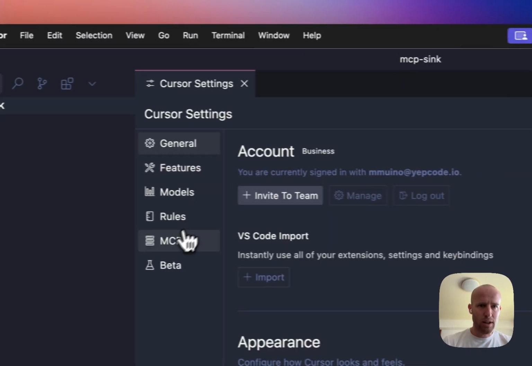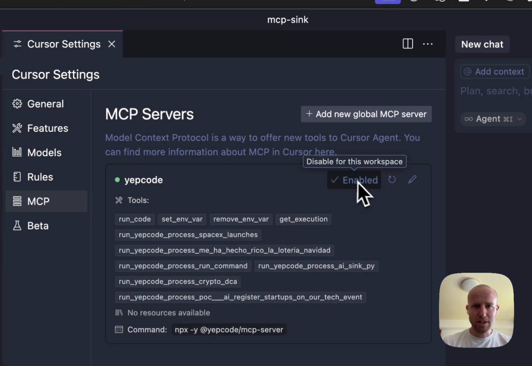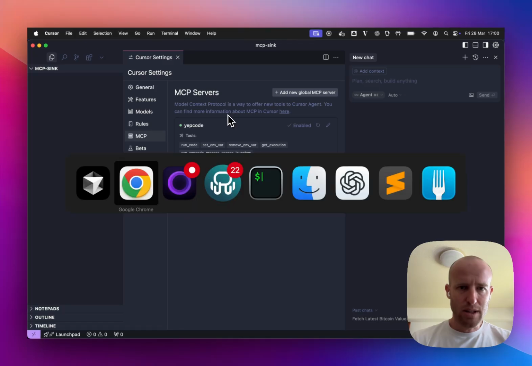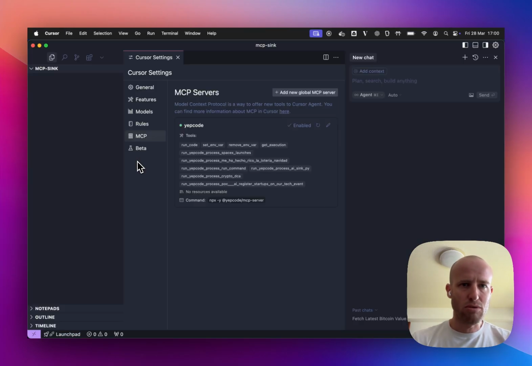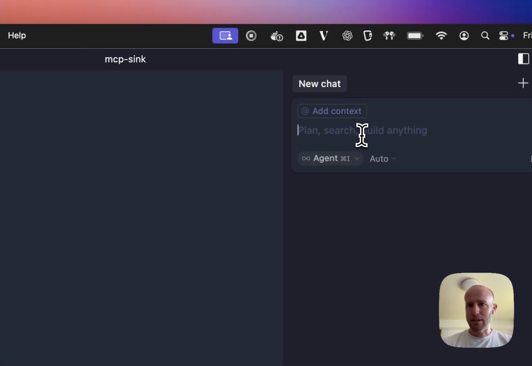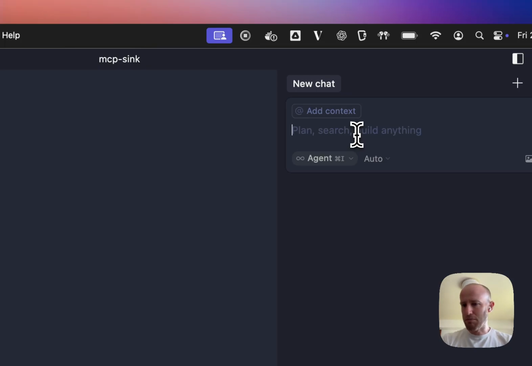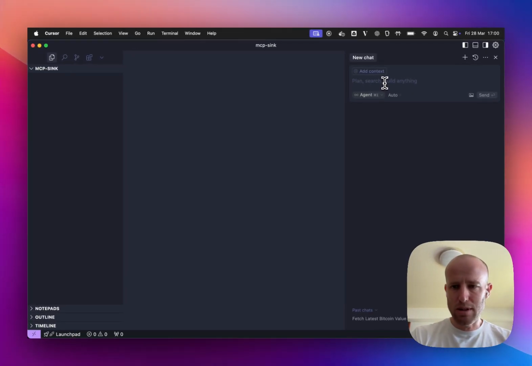Here in Cursor, I have configured the MCP server. You just need to add this to your config files, and after that, you have some tools. And for example, you can write some